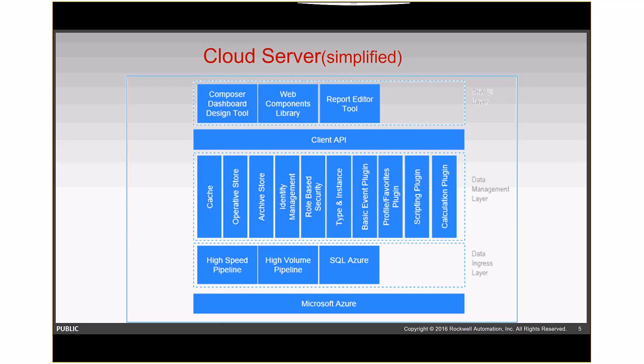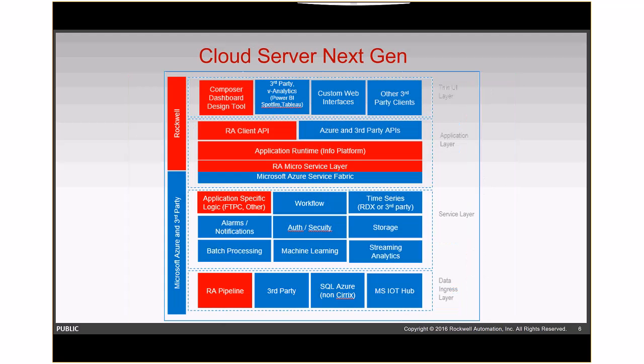But since we started the journey in 2011, Microsoft has expanded Azure tremendously. There are dozens upon dozens of services that didn't exist when we started that journey. So now we're on the journey of replatforming FactoryTalk Cloud to basically take advantage of more of those technologies that are now available. So while we built our initial implementation using web and worker roles, which are now considered classic services in Azure nomenclature,